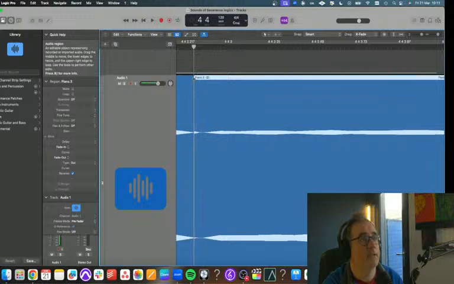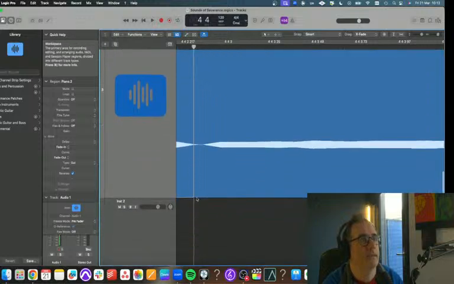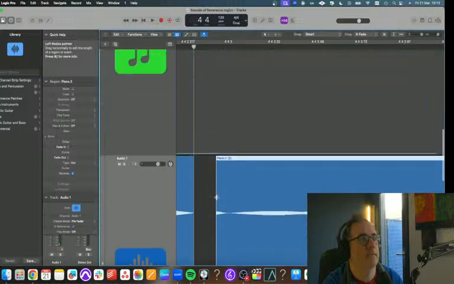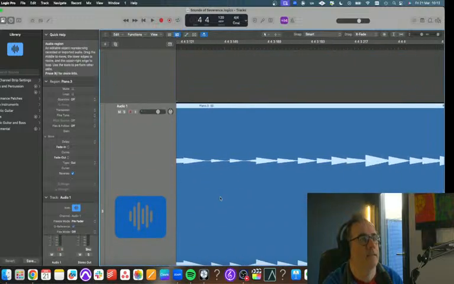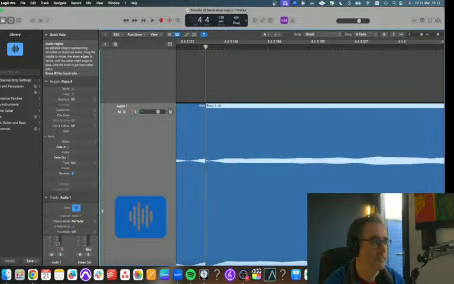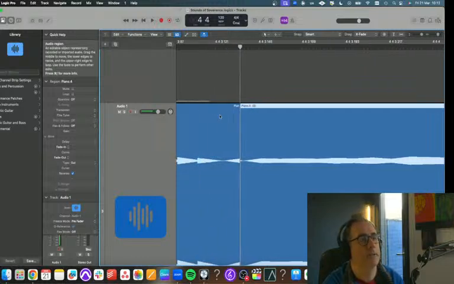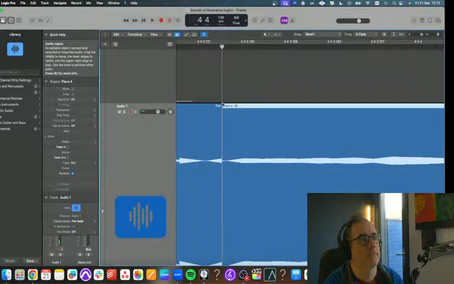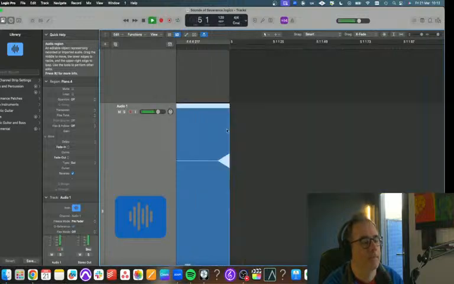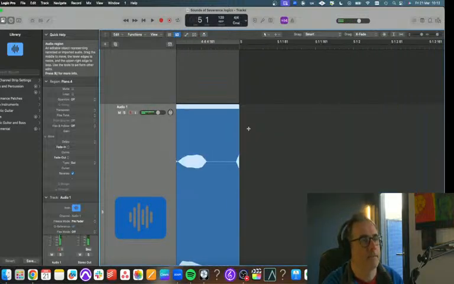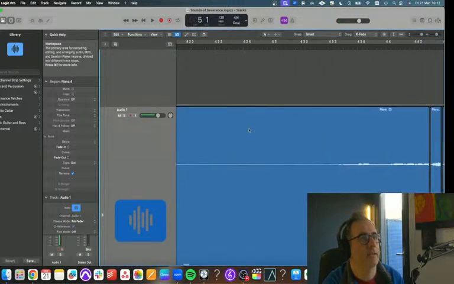Probably an easier way of doing this might be to get a slicer and slice it. Because the edits are so small, maybe a slicer will work. Okay, hang on. Let me try that instead.